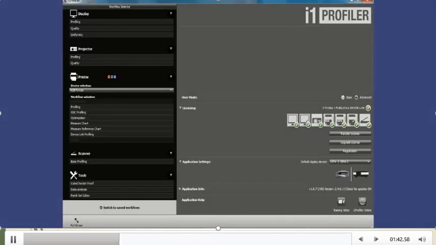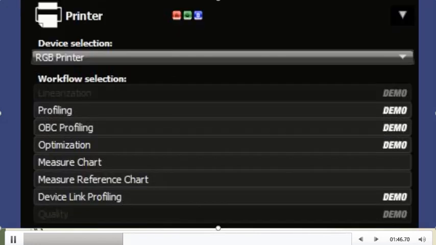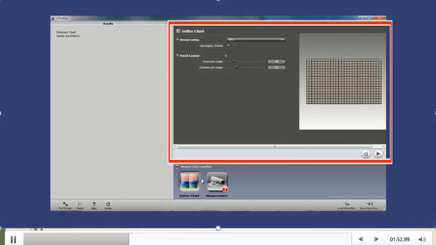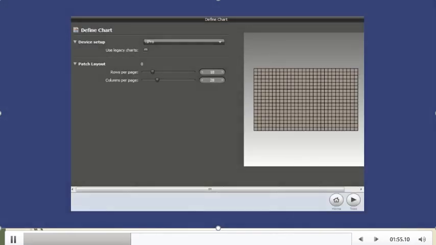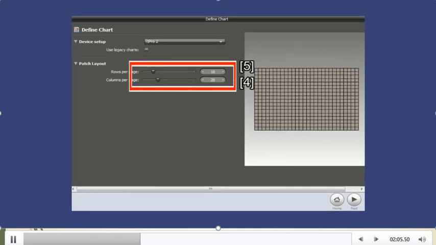Then on your left hand side, click on measure chart. In measure chart, you will see this sort of window. First of all, select your measurement tool, that is i1Pro 2 in our case, and then here you have to change the rows and columns.